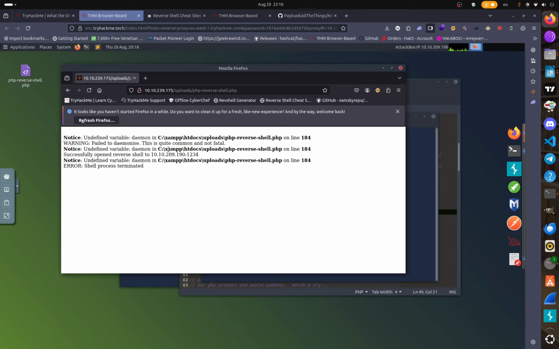So this represents a realistic scenario. You upload a malicious file, it doesn't recognize it when you try to run, and there may be precautions or rule sets in place to